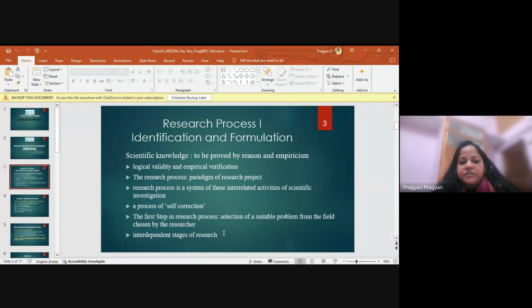So the very first step in the research process is basically selection of a suitable problem from the field chosen by the researcher. Although it looks very simple on this slide, let me tell you very frankly, this is the most difficult part of this research process, particularly for the beginner. How to select? For example, in my previous experience with your senior batch, sometimes we were receiving